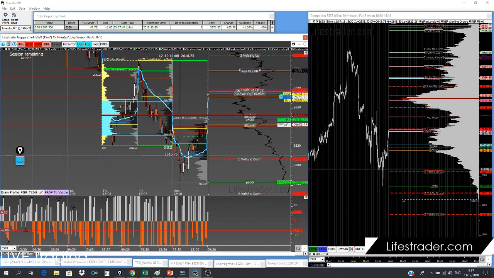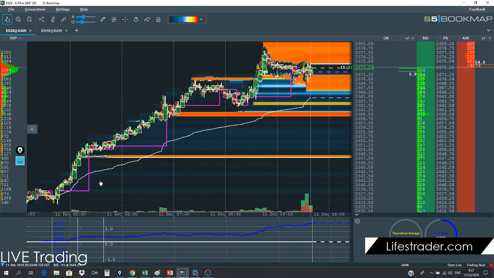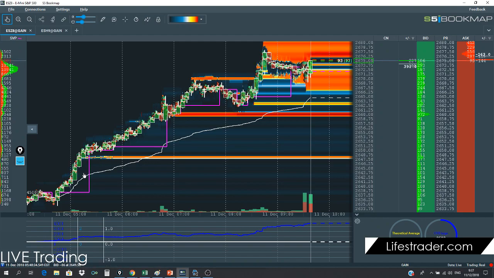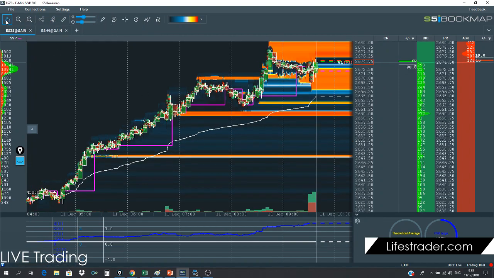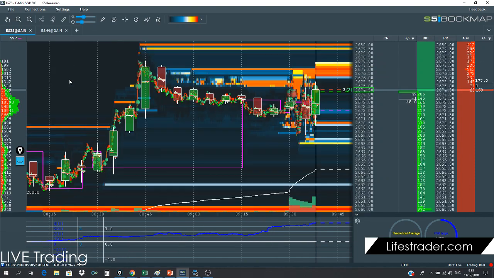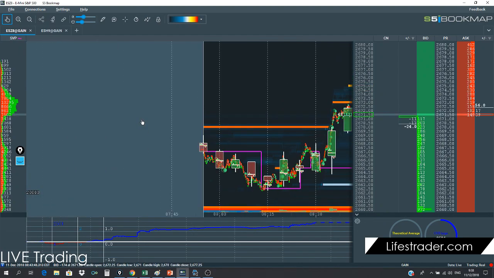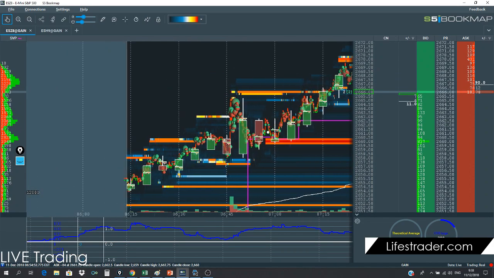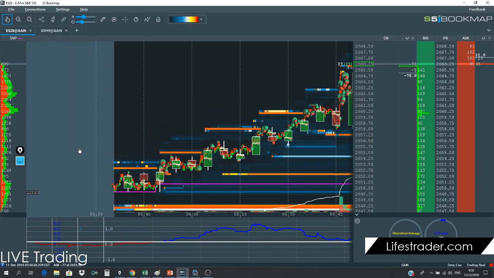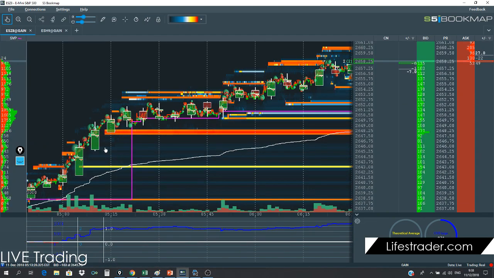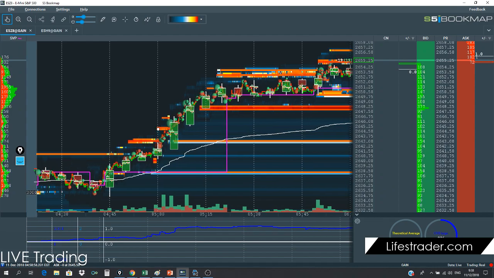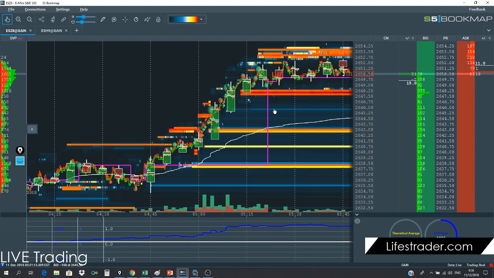Today, overnight, the market pushed very strong to the upside. What I wanted to show you is the distribution of the overnight. It was at 5 or 6 a.m. here, perfect, 5:30 a.m. Eastern.